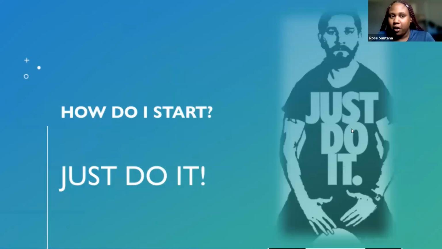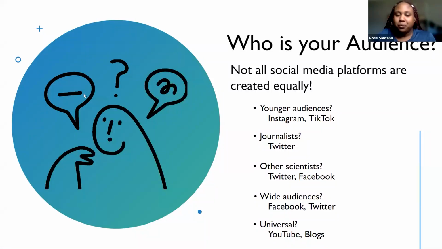So how do I start? You just do it. For me, I spent so much time thinking, well, I want to use social media for science communication, thinking of ways to start. And I realized that until I put that first post out there, all of that thinking about it was really just for nothing. It's really just pull the plug, post what you want to post. You have an idea, think of an idea and just do it. Don't beat around the bush.